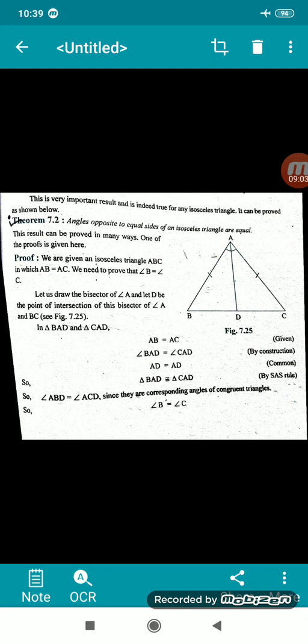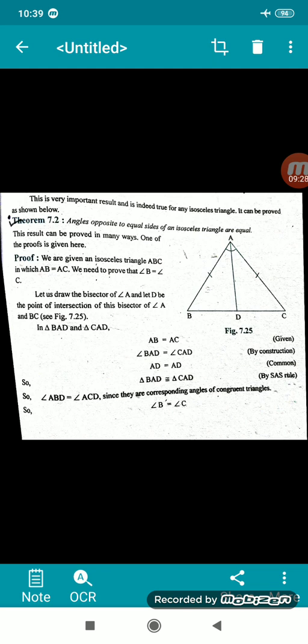See the figure. ABC. AD is constructed. Now it is given AB equals AC. Now please concentrate on the figure. For angle B, the opposite side is AC. For angle A, the opposite side is BC. For AB, the opposite angle is C. Following or not?